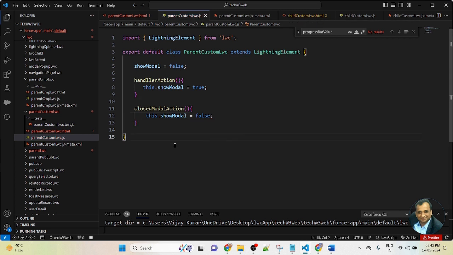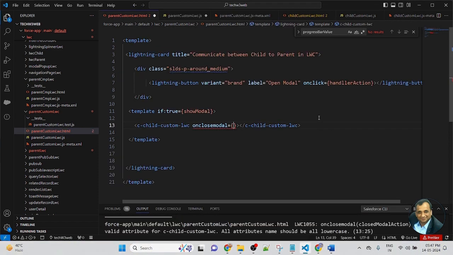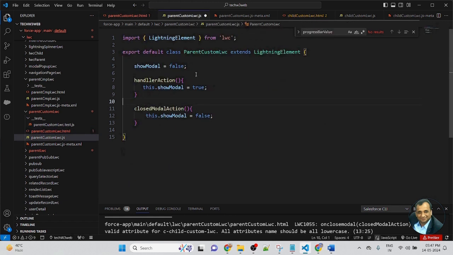So friends, here I am passing false to this modal pop-up. Whenever this modal pop-up gets the value false, the modal pop-up will be hidden. Now save, and here inside the curly bracket I will pass a function. Then save. So this function I created in the JavaScript here and passing the value false. Whenever this show model gets true, it will be displayed. Whenever this model attribute gets false, then this model pop-up will be hidden.